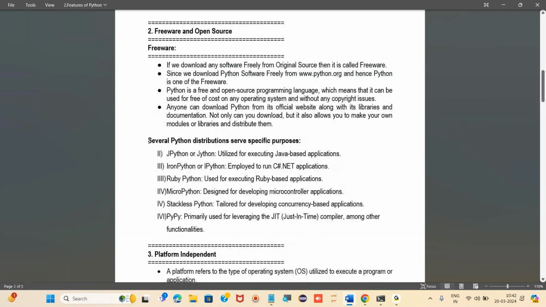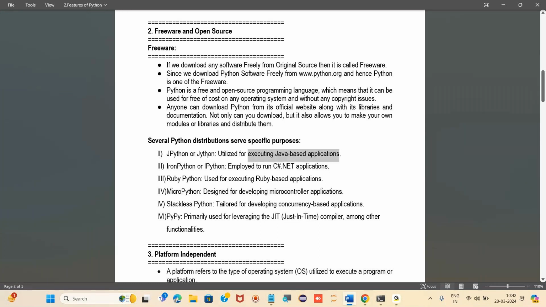Several Python distributions serve specific purposes. Just like JPython, we can use the source we have in Python with Java-based Python, also known as Jython. So JPython is Java and Python used together. That's why it is known as open source: the source can be used with Java.